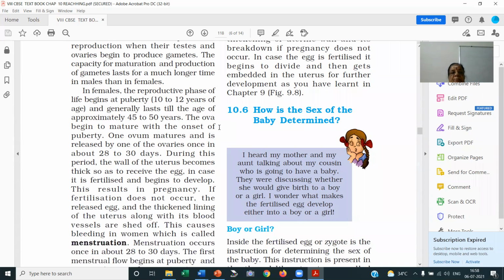Right? So now in female, menstruation. Right? So in female, reproductive phase of life begins at puberty, that is at the age of 10 to 12 years. And generally, it lasts for 45 to 50 years. Okay. Now the ova begin to mature and it is released by the ovary by the process ovulation. Right? And then one mature ovum is released by one of the